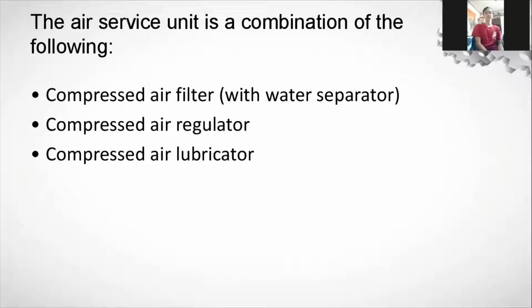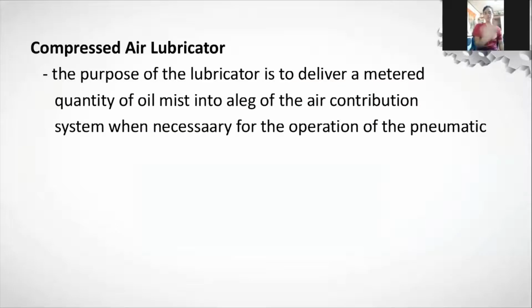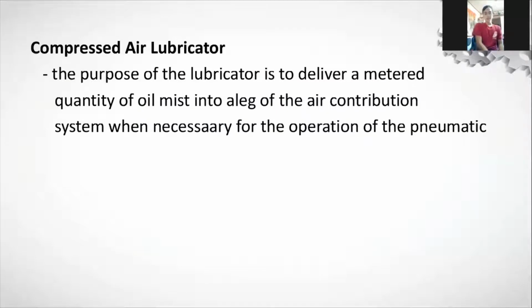So we have three types of air preparation system. Compressed air filter with water separator, compressed air regulator, and compressed air lubricator. So makikita natin dito yung service unit. So we have the filter, we have the pressure regulator relieving type, pressure gauge, at saka may lubricator. So ayan yung picture nung pagkakabuo ng ating air service unit. Compressed air